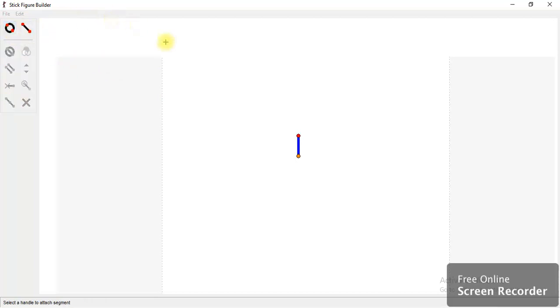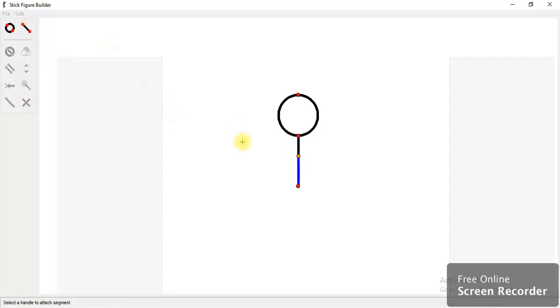Okay, so I will take a face. But one thing is, this dot will join with this dot only. See. So this is the face. Now the body I want to make. So I will again connect here. You cannot draw here or there. You can connect with this only. So when you join, click, then the blue color will come, then it is done.